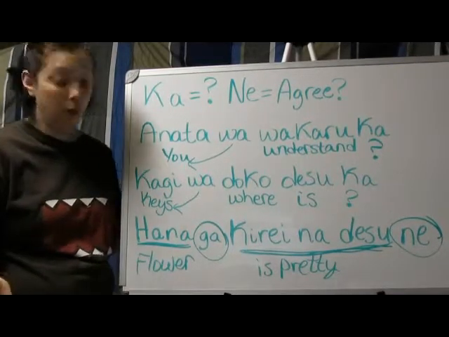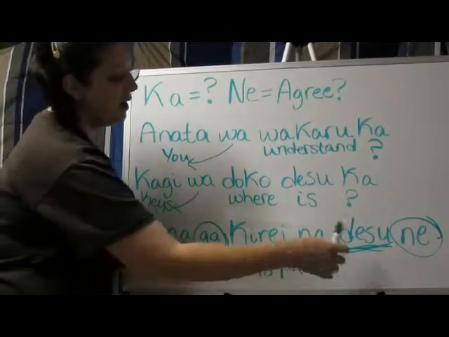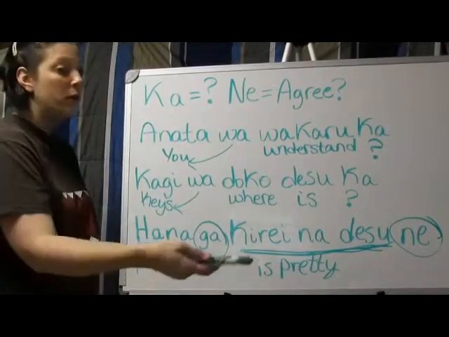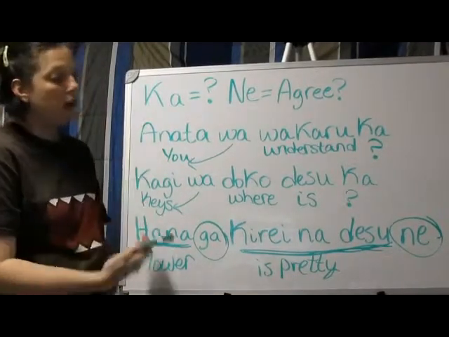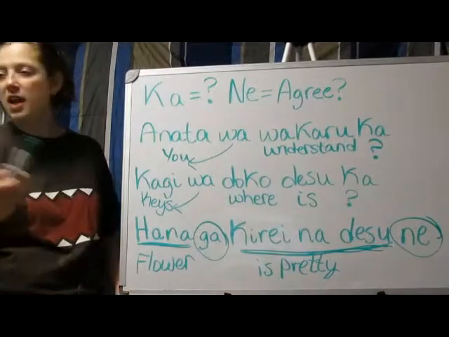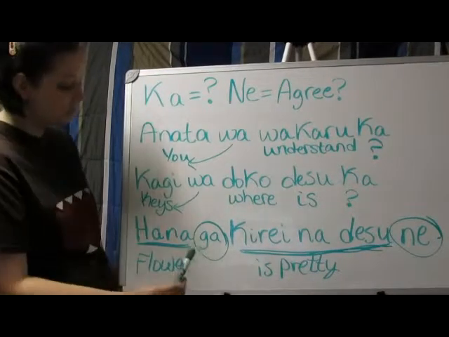I don't know the word for roses, so "roses ga kirei ne desu." No, the roses are pretty. So you're asking them to agree with you, but they're saying, "No, I like the roses. I don't like the tulips." So